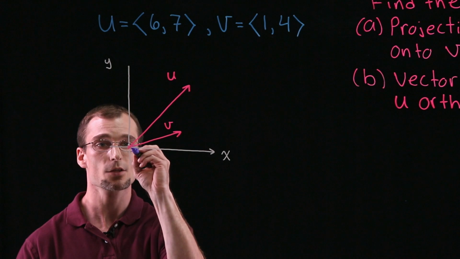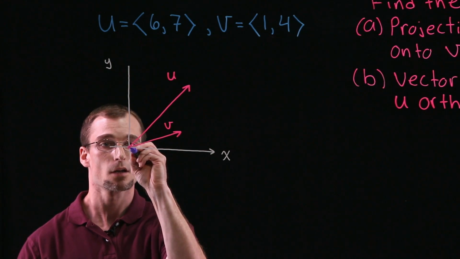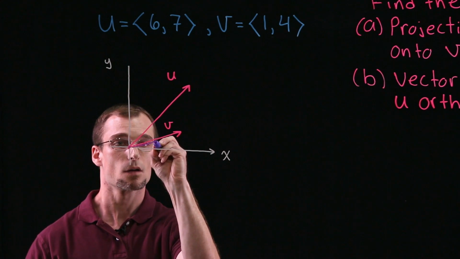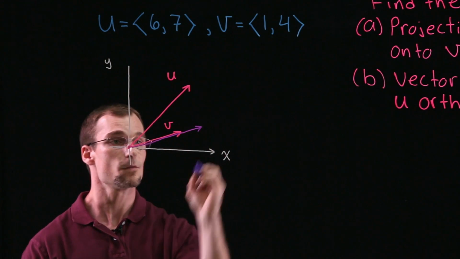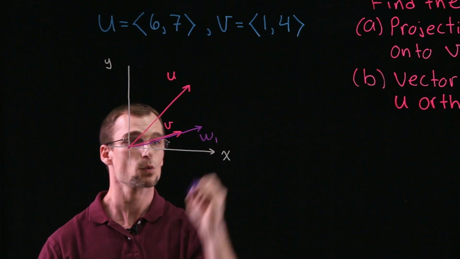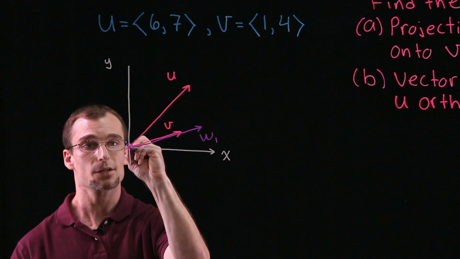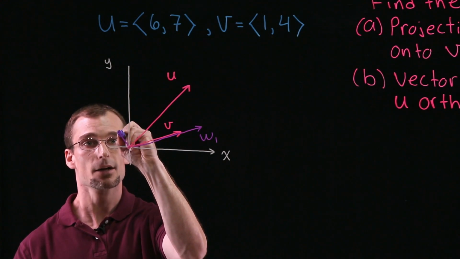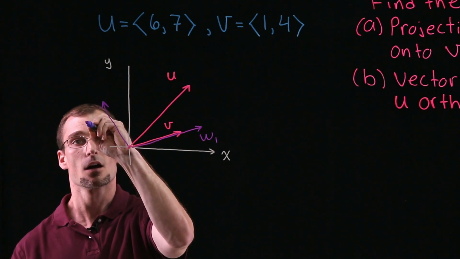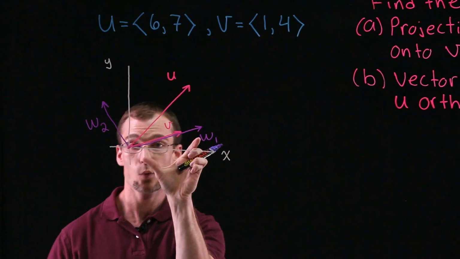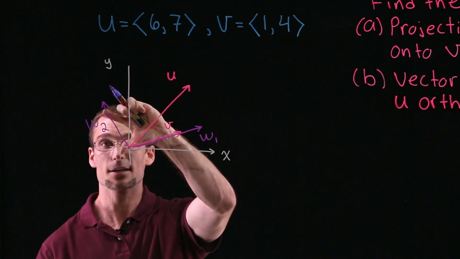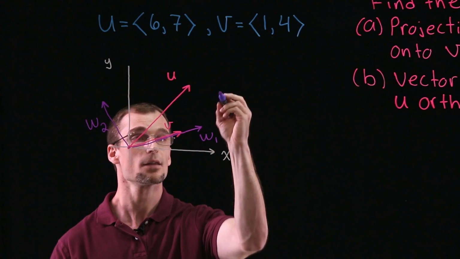So we can find some other vector going in line with v, which we'll call w1, and another vector orthogonal to v, which we'll call w2. And w1 is such a length such that if we add w2 to w1,